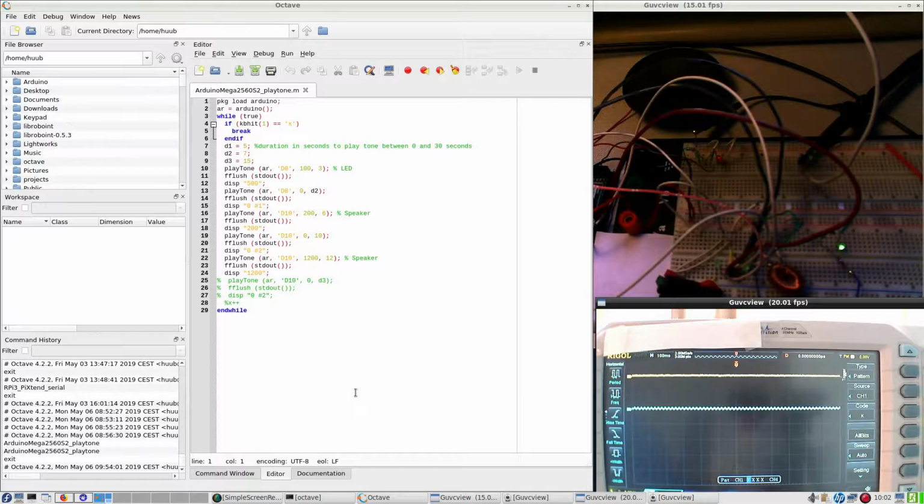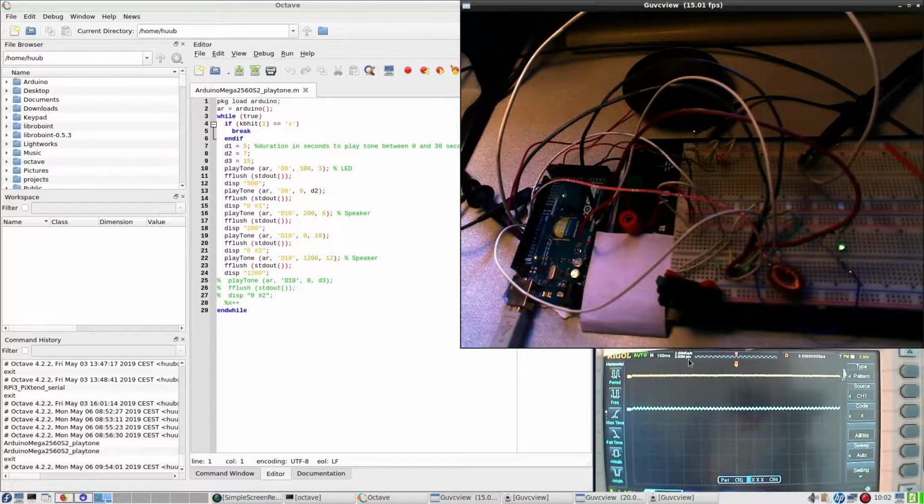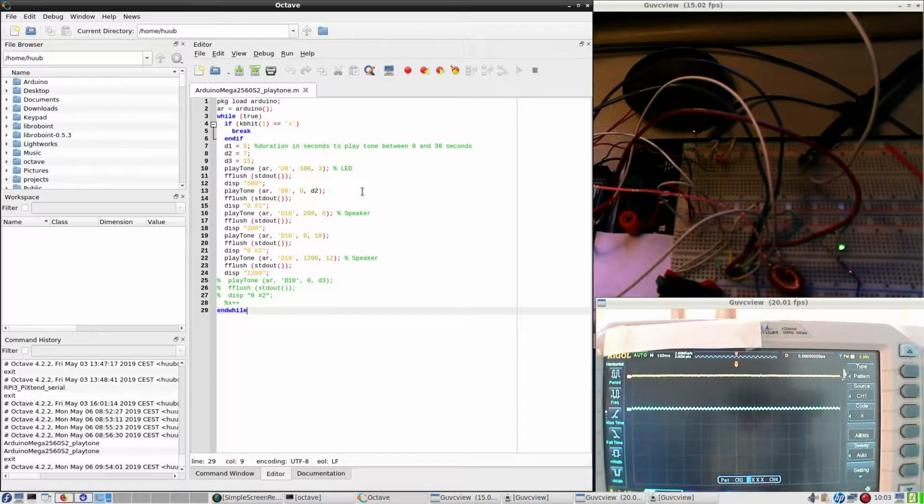Right, so Octave environment, camera, oscilloscope, set to pattern this time, and I have to play with time base to get to see a difference in frequency. This is for now set to the LED, this probe, and this one is this probe. If you have watched the previous videos, then you may notice difference. Much shorter code